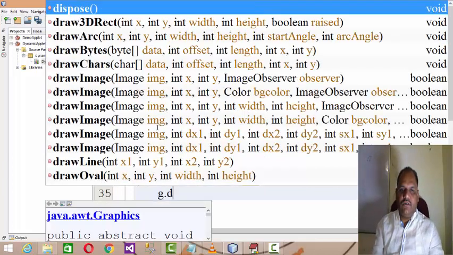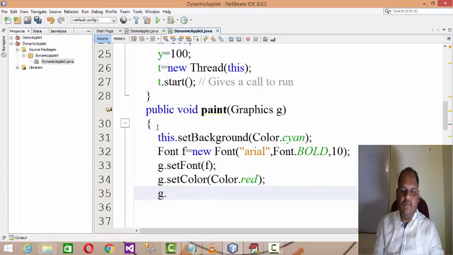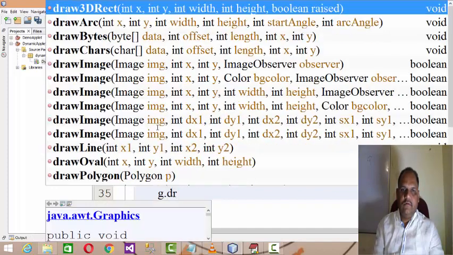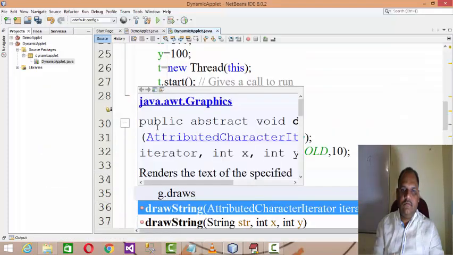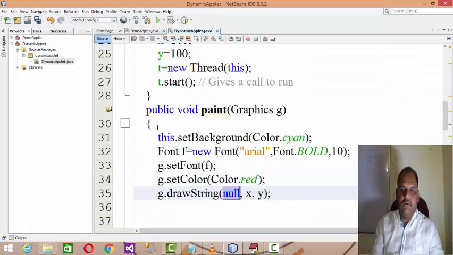and g.drawString, the string is your Axiom, and the x, y. Initially Axiom will print x with the fixed y, right?